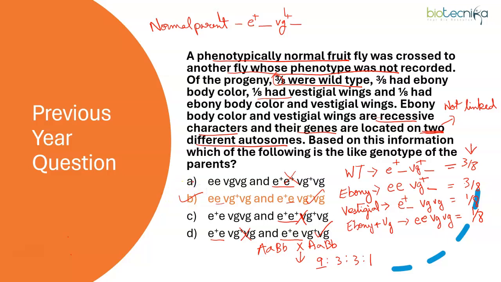Now if you have time, you can go ahead and make a cross of these 2 genotypes to see if you are able to get these proportions or not. There can be 2 different ways of doing it. You can make a Punnett square and check. Also, you can proceed with probability. The multiplication rule of probability you will have to apply to find the possible genotypes and their proportions. So like this we can solve this question.